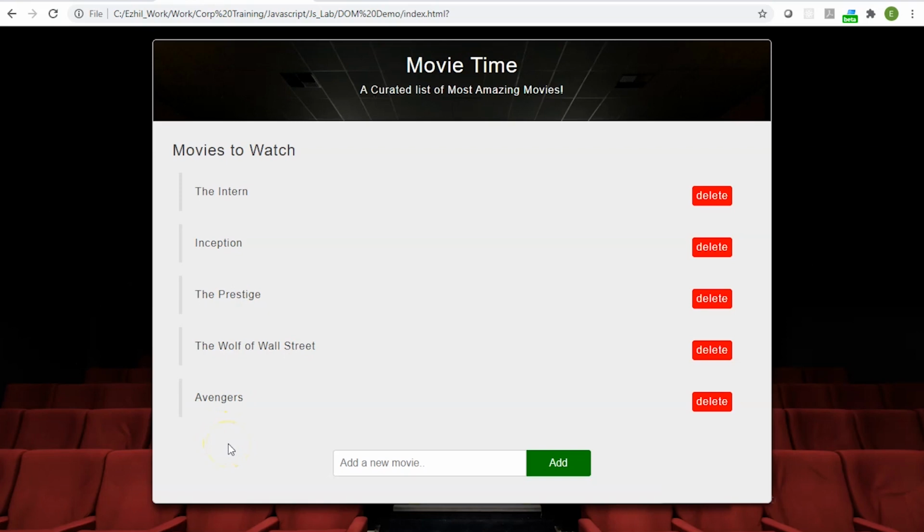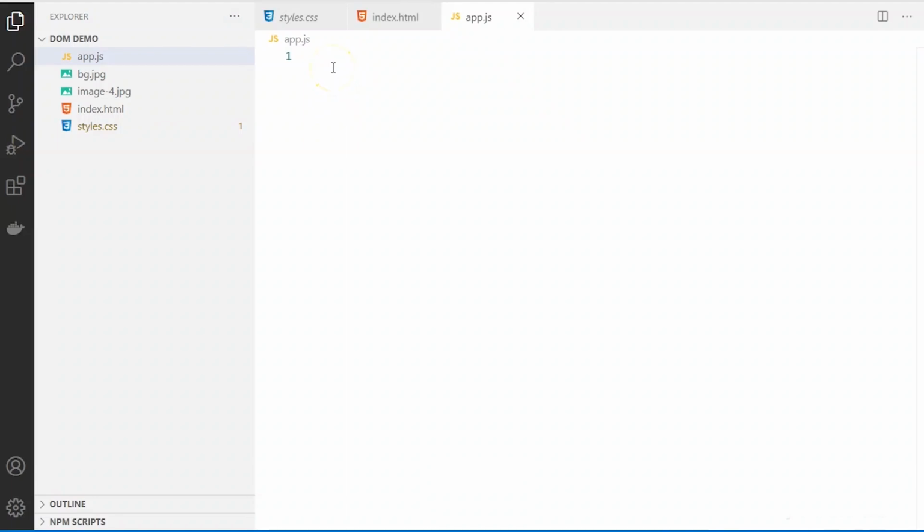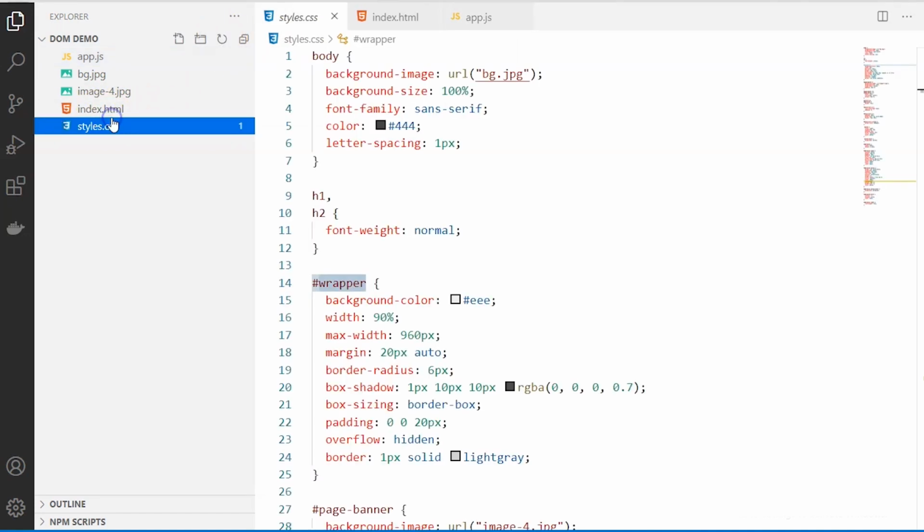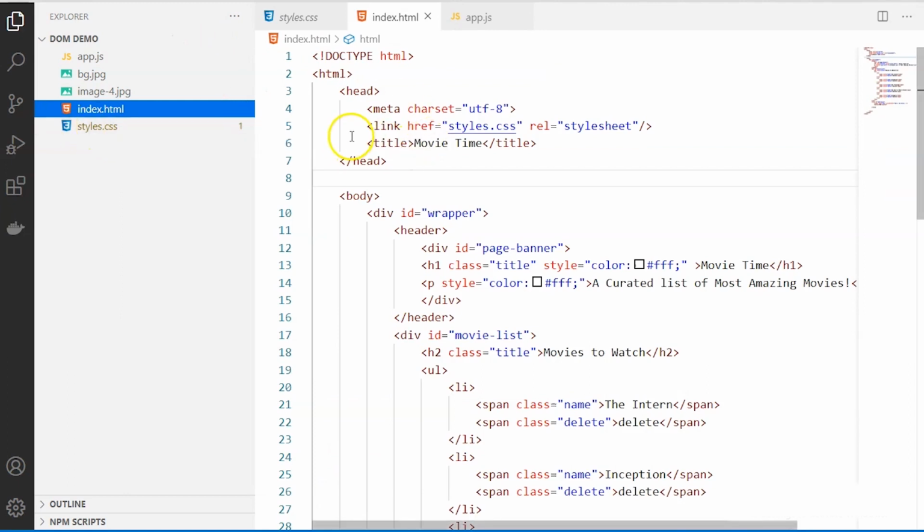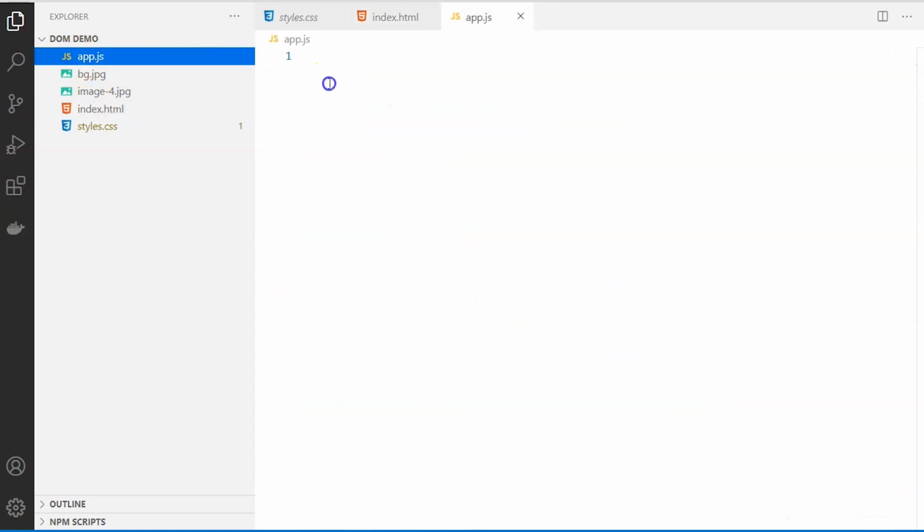So let's start our JavaScript coding, which will be the next module. Now let's start with the app.js, which will be your JavaScript file that you will be including and coding for DOM manipulation. So this app.js file has to be integrated inside your index.html. How we have included our style, we will have to use another element, which is your script, and we have to include src instead of href. So that we will do it later. So now let's start creating this code for the app.js.